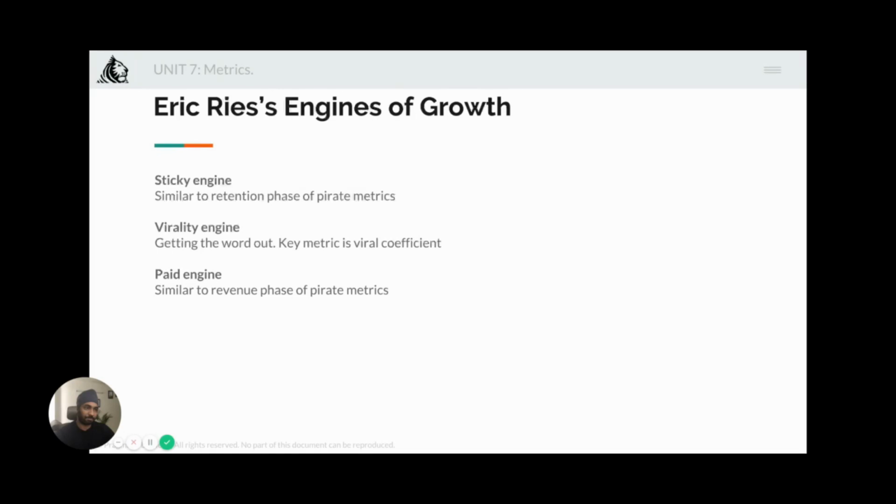If your users aren't sticky, churn will be very high and you won't have engagement. Engagement is one of the best predictors of success. Facebook's early user counts weren't high, but the company could get nearly all students in a university to use the product and to keep coming back within a few months of launch. Facebook's stickiness was off the charts. The fundamental KPI for stickiness is customer retention. Churn rates and usage frequency are other important metrics to track, right? So churn rate, usage frequency, just remember these metrics.